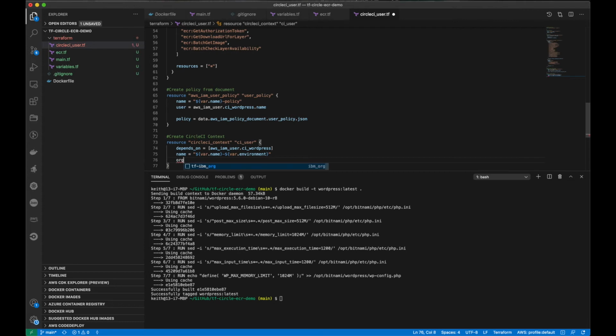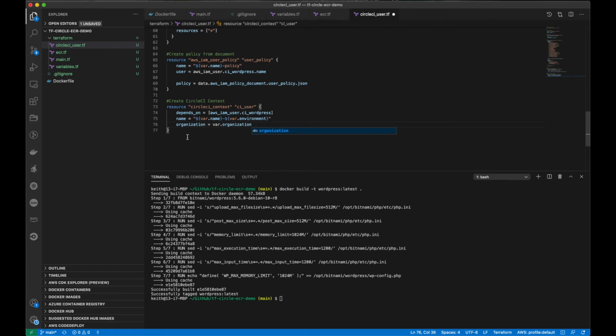And then we're going to need the organization, var.organization. So that's going to create the context for us. Now we're going to want to be able to stick variables inside that context. So let's say add the user to context,